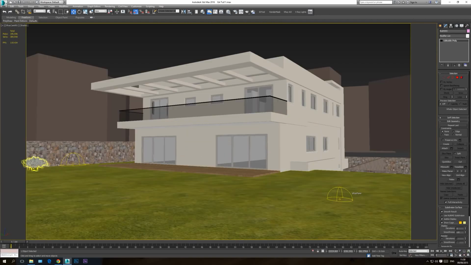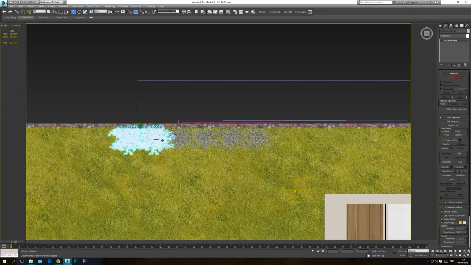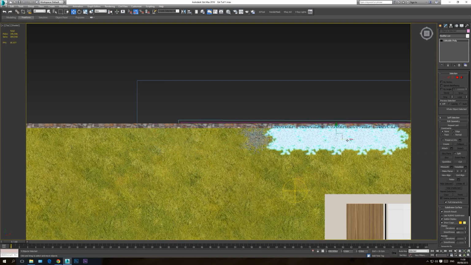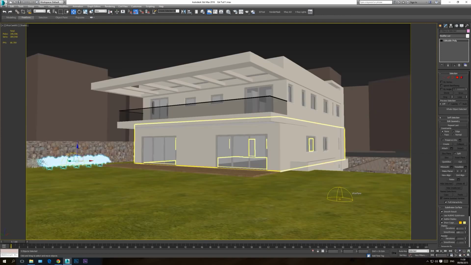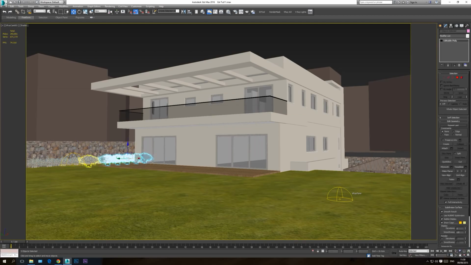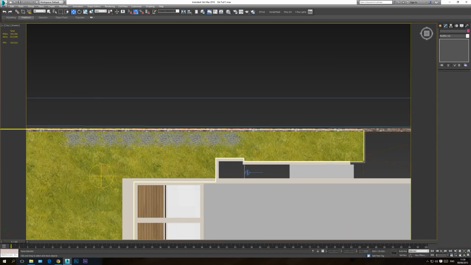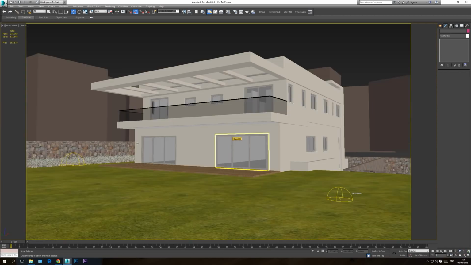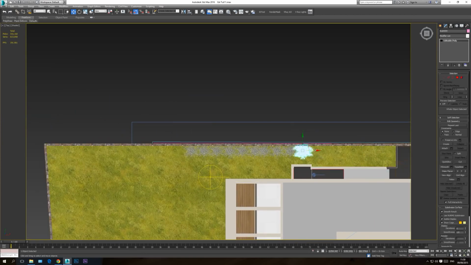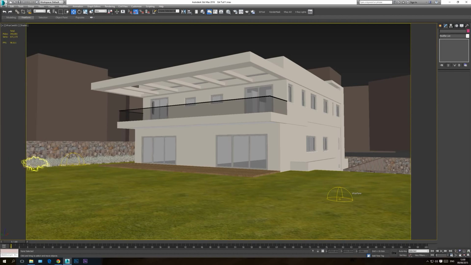Now let's go to the camera. As you can see, we can't see the bushes on this side, so we don't need them here. So I'm going to control select all these bushes and just take them to this side here. Camera. Let's continue, shift, drag here. So now we have the last bush is not visible, so I'm going to delete it because it's just taking up space. Now if we go to camera, you can see all this wall is covered with bushes. Let's go to the top viewport again, just add another one in the end here, because you can see, if I go to the camera, that the bush is a little bit visible on this